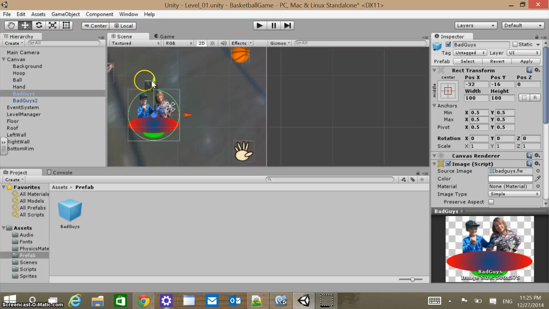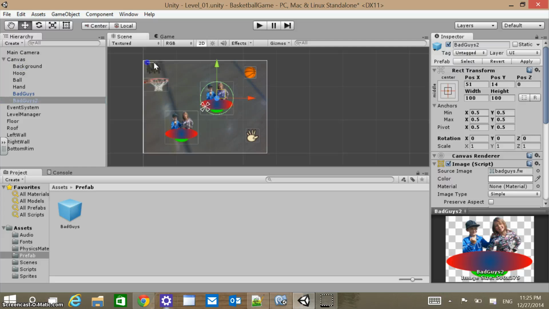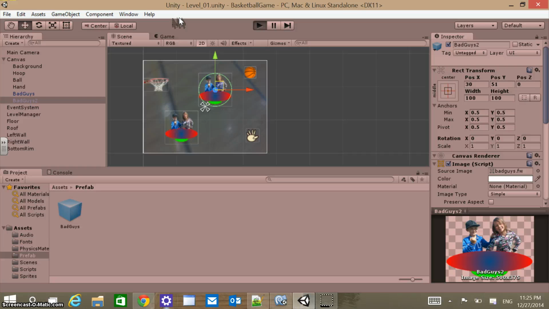Oh, sorry, I'm not on the scene. No wonder this isn't working as expected there. So just to show that I have a duplicate, I've added another set of bad guys there. I can maybe shrink those down or do whatever with them. I could have them both in there, save scene, and then now when I play this, we're going to see that